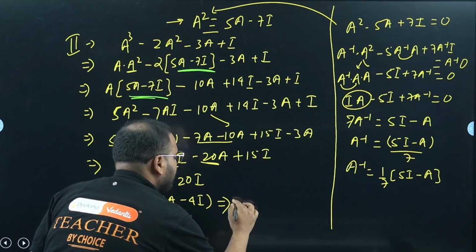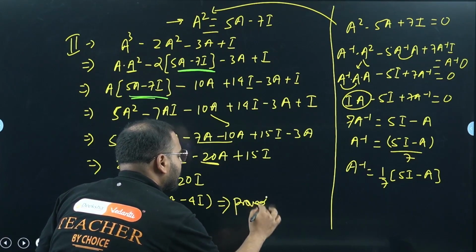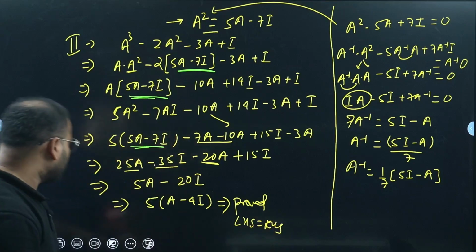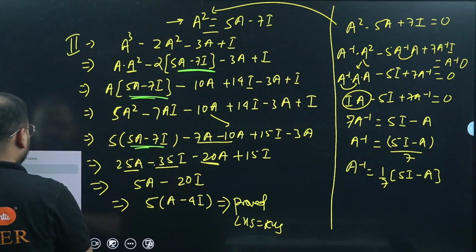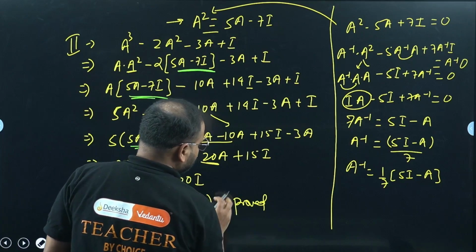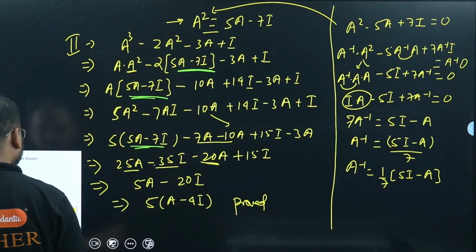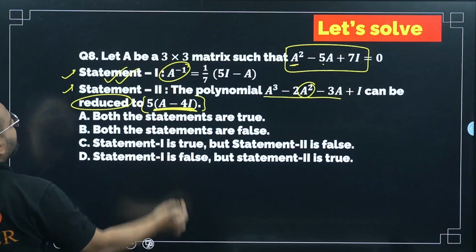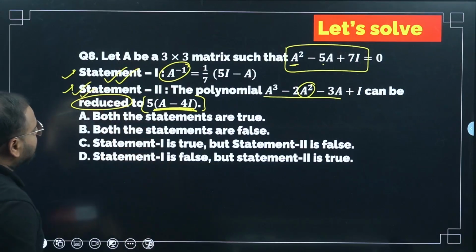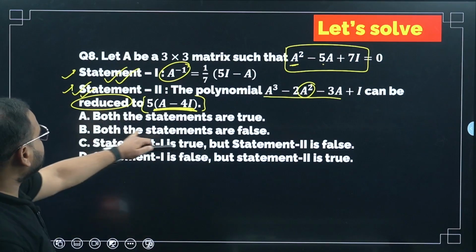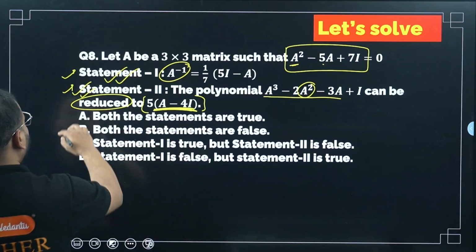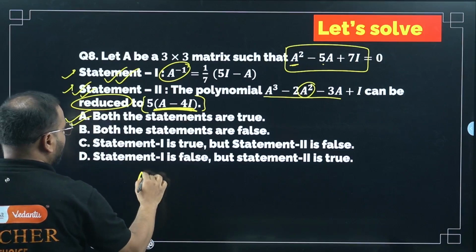Then what we can say? We have proved, na? What do you prove? LHS equals RHS. Oh, there's no LHS RHS because there's no equation here. If you want, you don't have to write this, but we have proved the condition. What condition? That it is reducing also. It means that statement 2 is also true. So I can say 1 is true and 2 is true. Which option is correct? Option A, both the statements are true. So option A is correct.